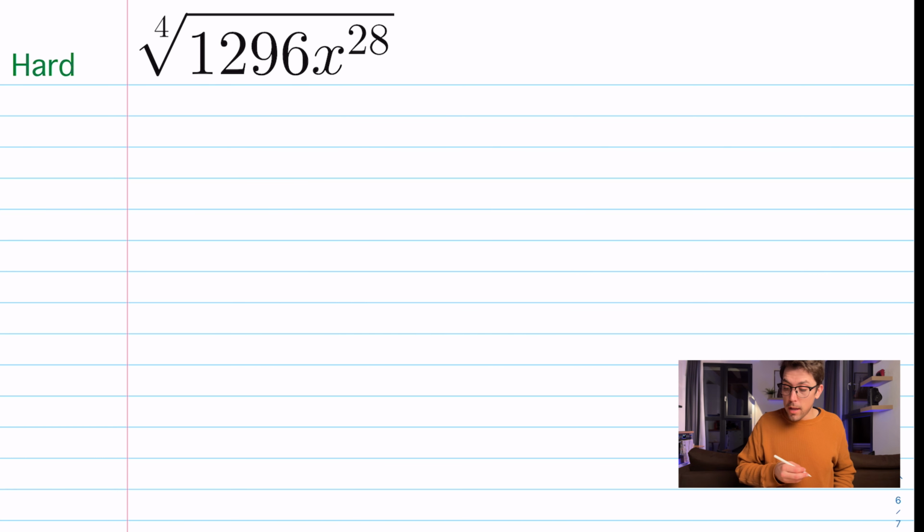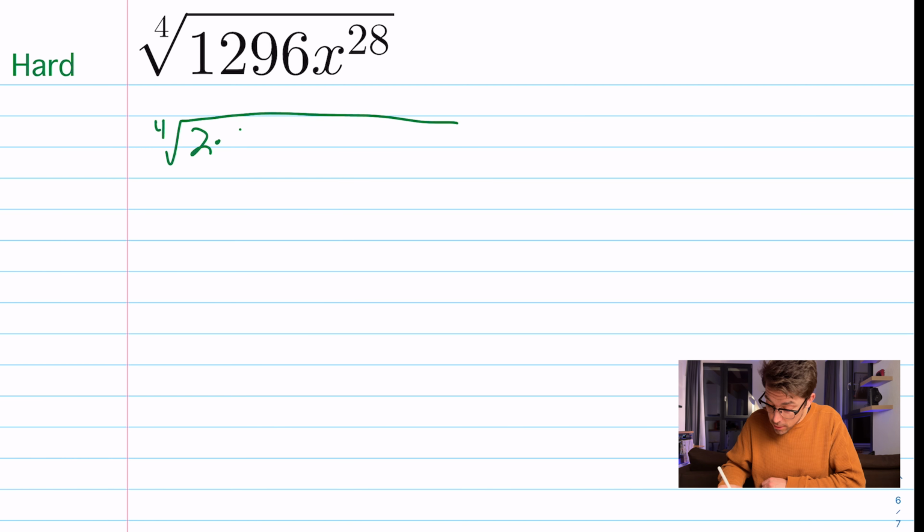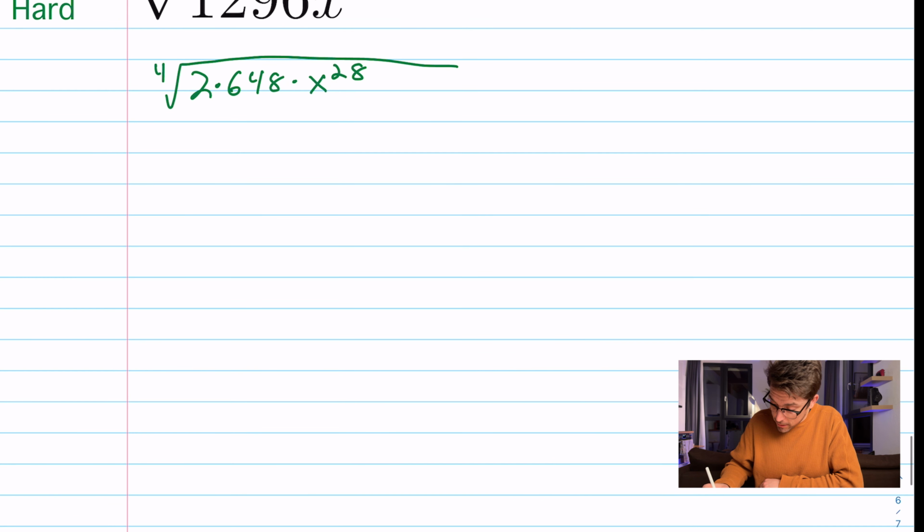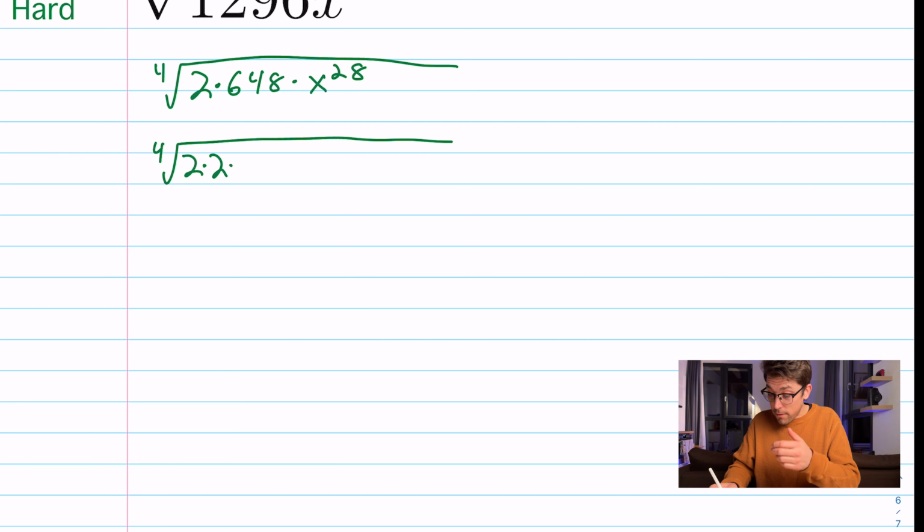So let me actually go ahead and do that. Let me divide 1,296 by 2. So I'm actually going to get 2 times, that's going to be 648 times x to the power of 28, the 4th root. Then I have the 4th root of 2 times, well, look at that. I have yet another even number. I have an 8. So I can break this down into another,